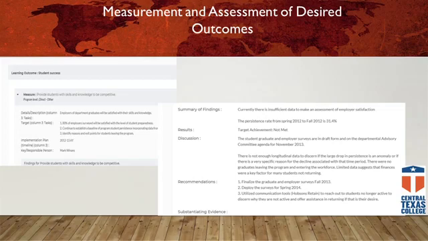The learning outcome is student success. Now, is that specific? Okay, is it measurable? No. As it's written right there, I wouldn't think so. I would be hard-pressed to come up with a measurement tool, either direct or indirect, that would measure student success without that being a more specific outcome.